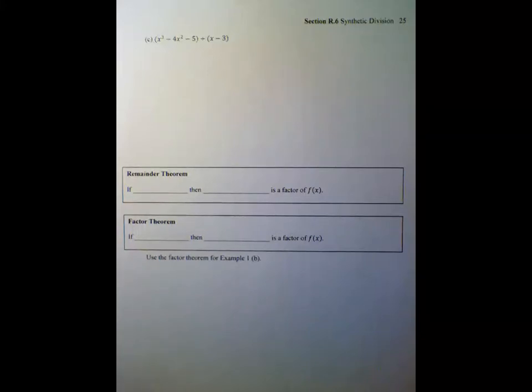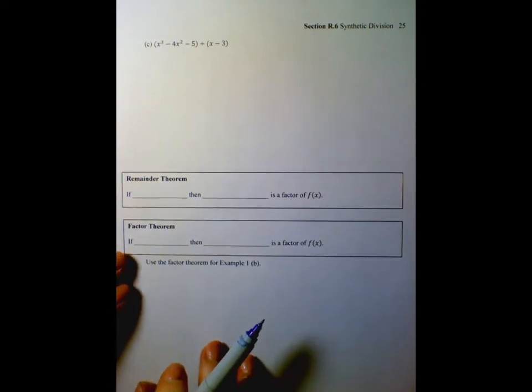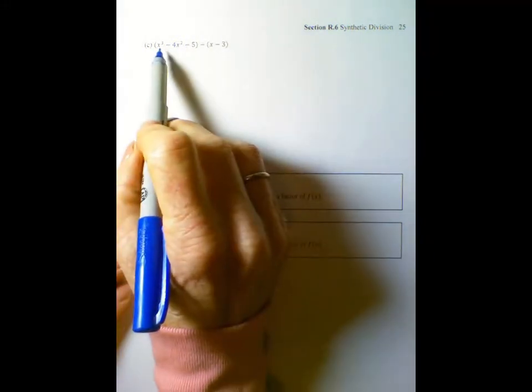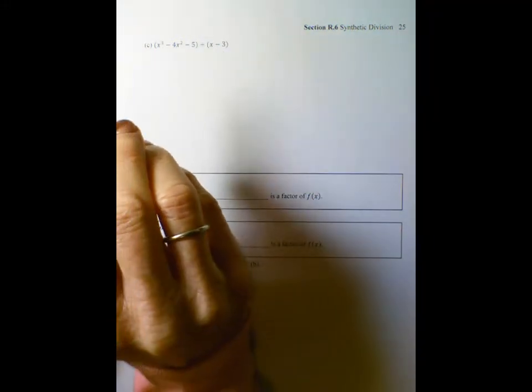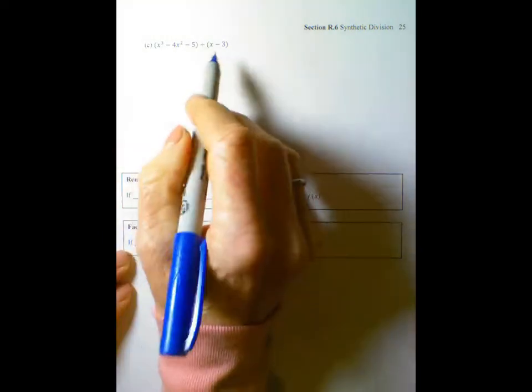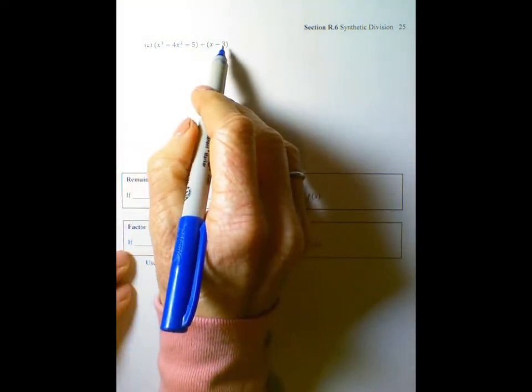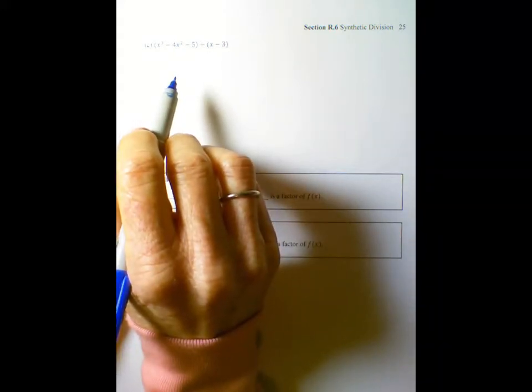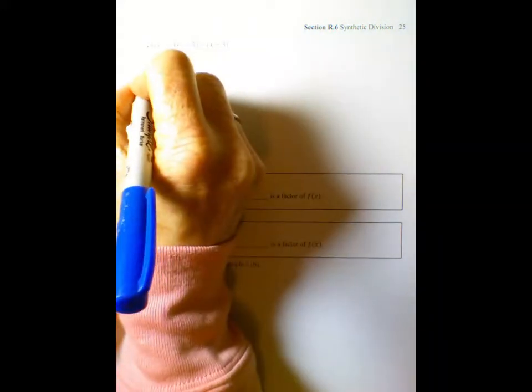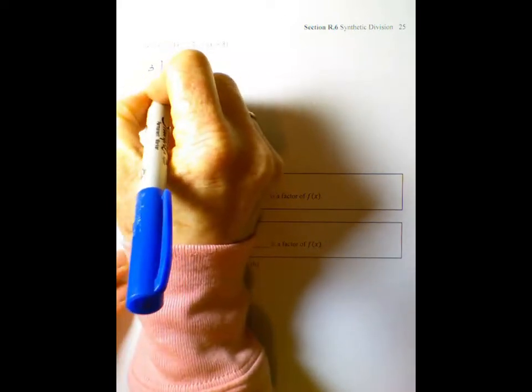This is part 2 of section R.6. We're working on our third synthetic division problem. Here we're to divide x cubed minus 4x squared minus 5 by x minus 3. Okay, x minus 3 is what we're dividing by, so what will we use for our divisor? 3. Good. 3 divided into